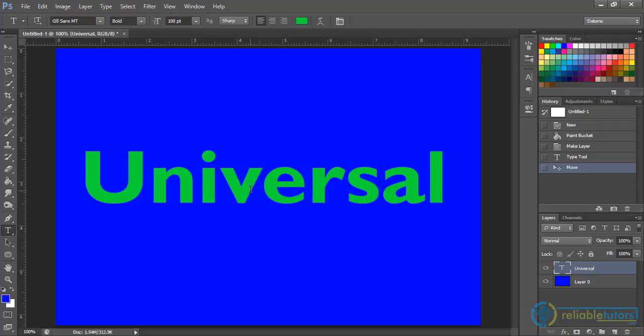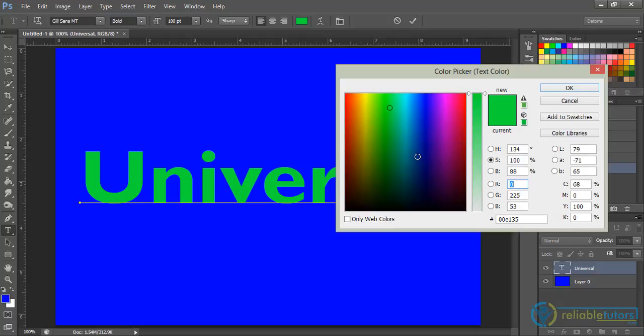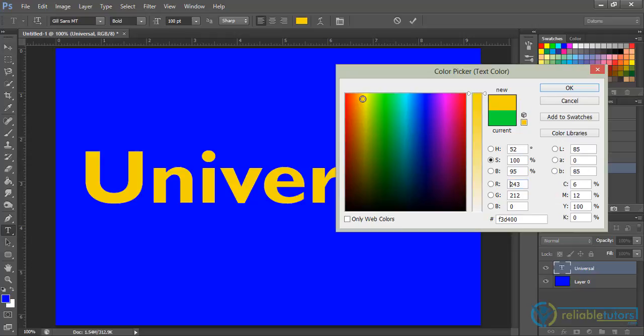Let's assume you want to change the color of the text. To do that, there are one of two ways. The one way you can do that is to click inside the text and select all. Then on the top of the tools options bar, where you see green color, my color here is green, yours can be a different color. Now if you move your mouse to that area, you see set text color, and if you click, you get a color picker that allows you to set the color of the text. Okay, so I'm quickly going to change it to, let's say, somewhat yellow like this,